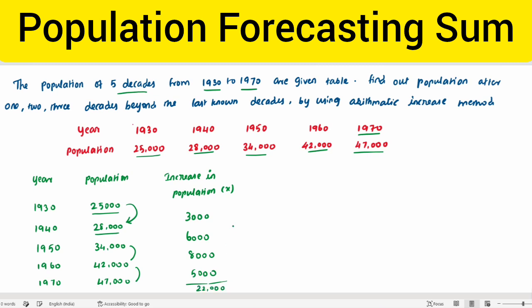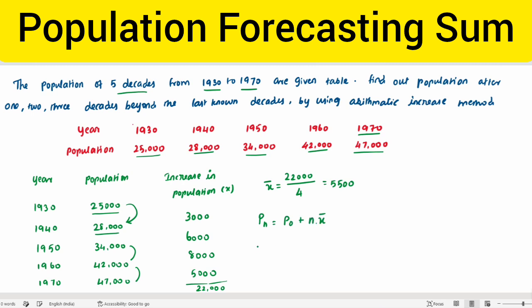Now we have to find the x bar value, that is the average increase in population per decade. So x bar equals 22,000 divided by 4. There are 4 decades, so dividing by 4, that is equal to 5,500. So this is the x bar value. Now we can easily calculate the population forecast: P n equals P naught plus n into